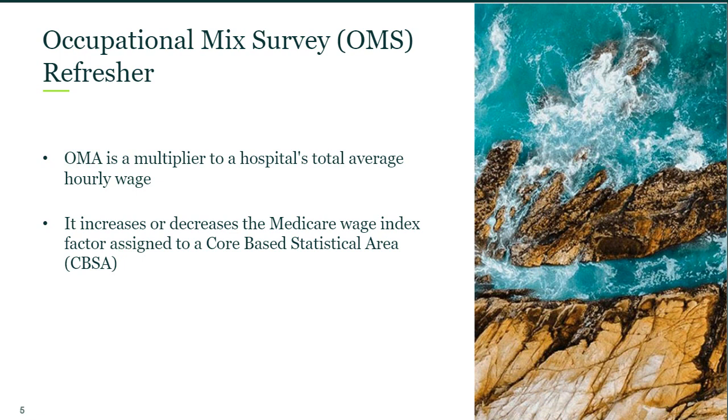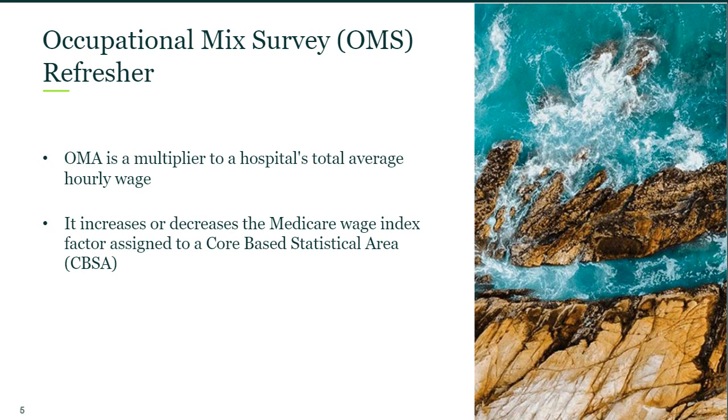Rural hospitals advocated that they were unfairly being penalized by receiving lower Medicare payments for using a lower mix of skilled labor. In response to these concerns, beginning in federal fiscal year 2005, CMS began phasing in the occupational mix adjustment to, 1, standardize the nursing skill across the core based statistical areas, or CBSAs, and 2, to adjust the wage index to only reflect the price difference between the CBSA and the national average. In federal fiscal year 2005 and 2006, the occupational mix adjustment factor was being phased in and only applied at 10% of the potential adjustment.